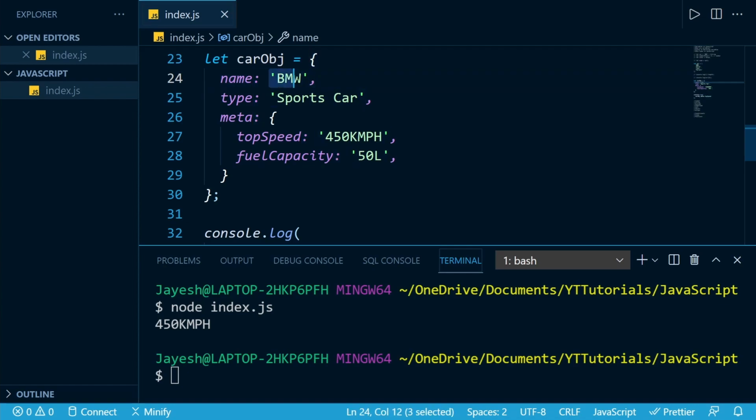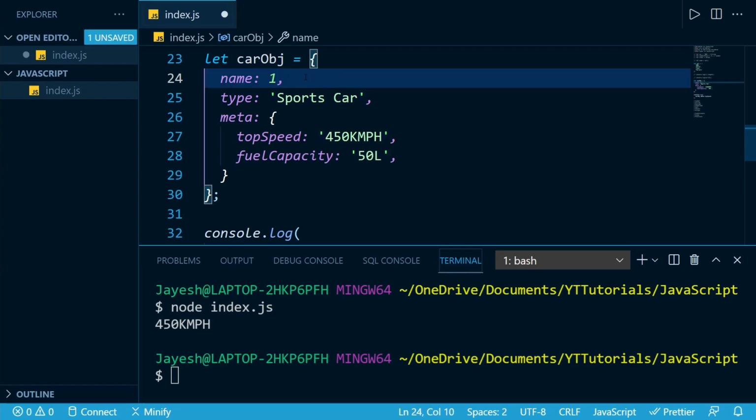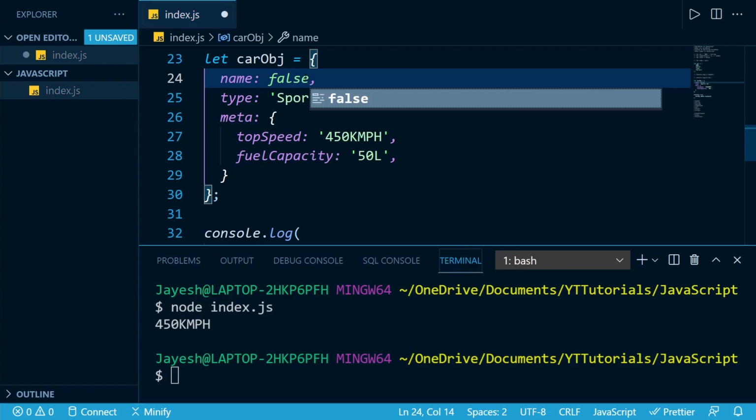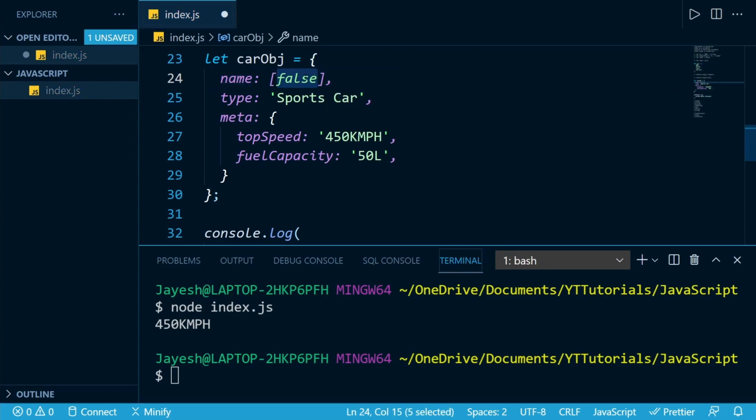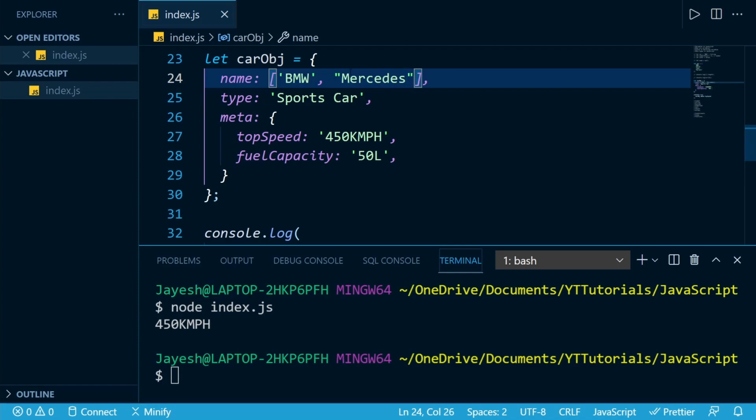So the value can be any valid JavaScript data type. It could be either a string, or a number, or a boolean value. It could be even an array of values, for example, BMW and Mercedes. So it could be any valid JavaScript value here. But here array does not make sense, so we will change this to BMW.